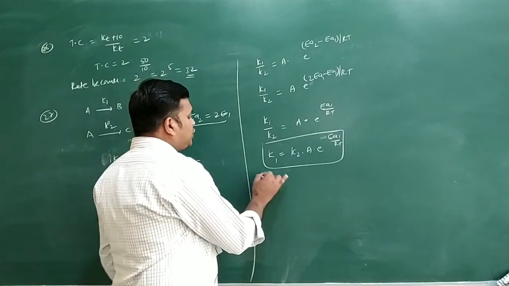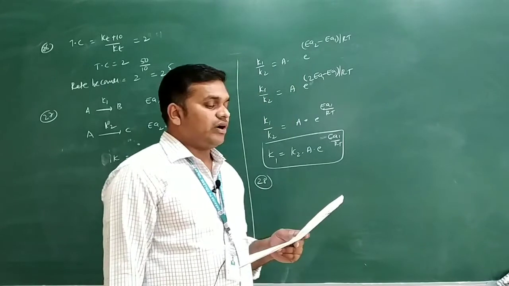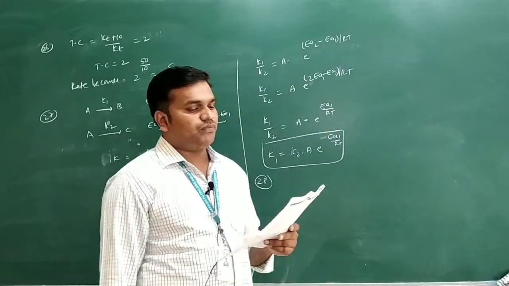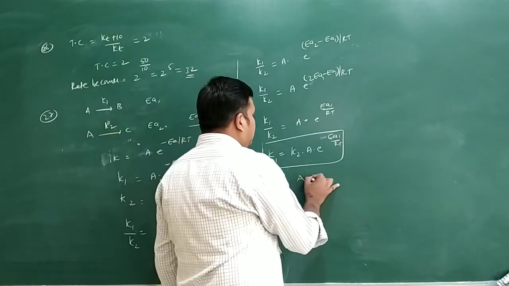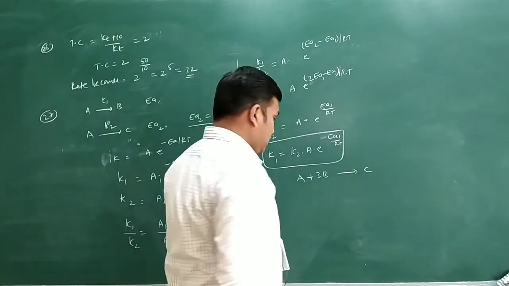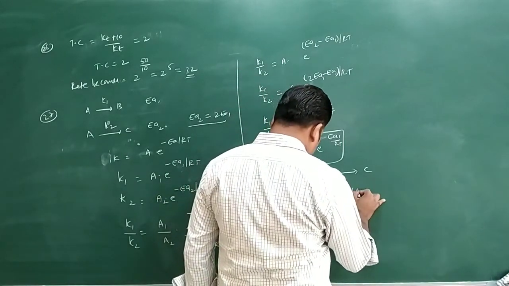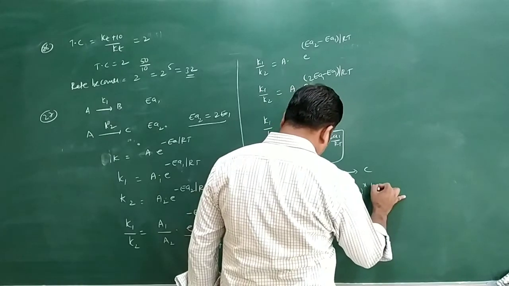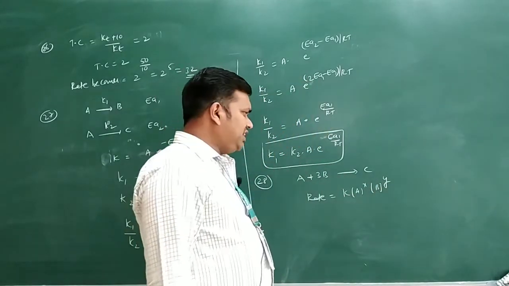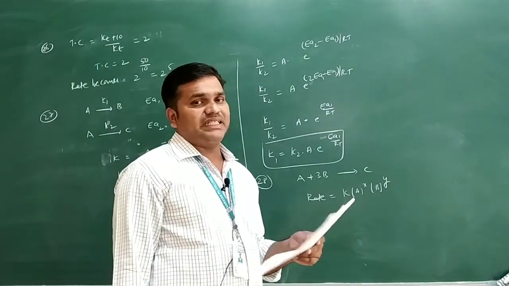Now we will see question number 28. In the reaction A plus B gives rise to C, the concentration of A remains same and B becomes double, then what would the rate of reaction be? They give an equation here, A plus 3B gives rise to C. Generally the rate is equal to K into concentration of X into concentration of B whole power Y. Here they did not say it is a first order reaction, or that the rate becomes 2 times or 3 times. They are asking directly for the rate equation.